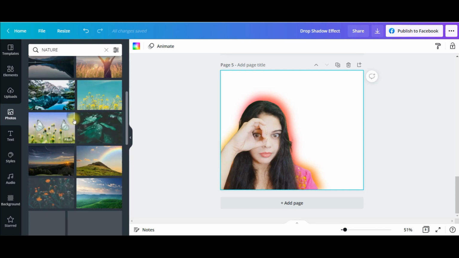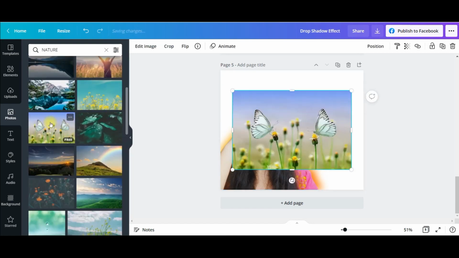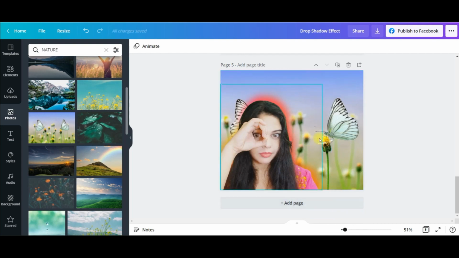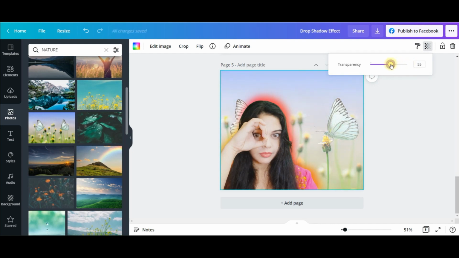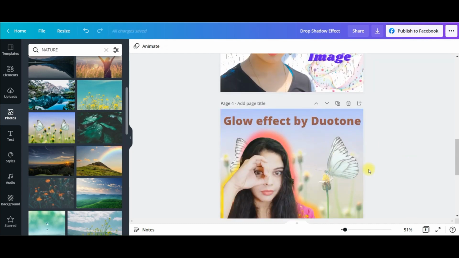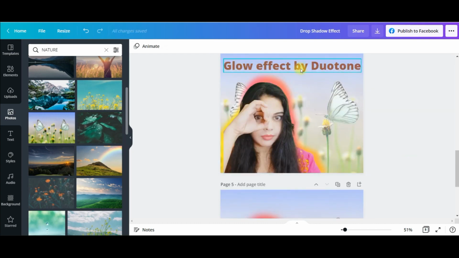I have got so many. I have chosen this one, so I'm taking the same one. Right click on the picture, set image as background. I will select once again the background. I'll go to transparency and I'll keep it around 55 or 57, that is okay with me. So this is the exact effect which you're seeing here, which is a glow effect by Duotone.